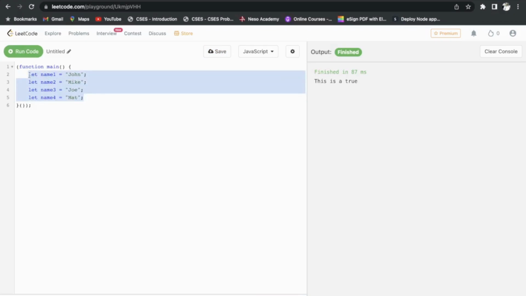Number one, it makes the code bulky, and it's not scalable. Anytime I want to add a new person, I have to create a variable for that person, and it's going to be difficult moving from one value to another. So arrays